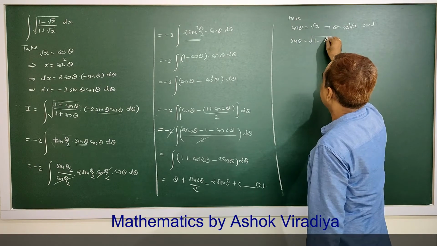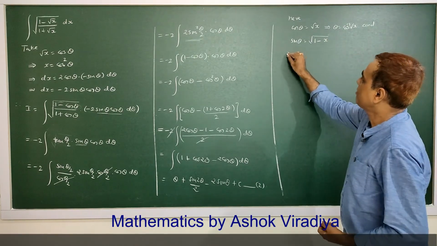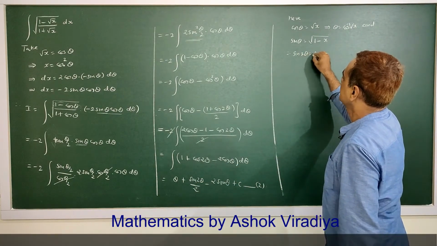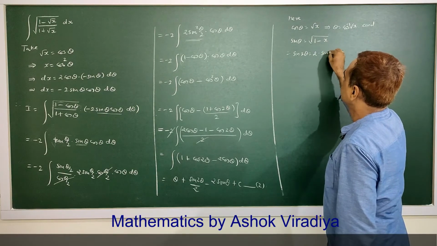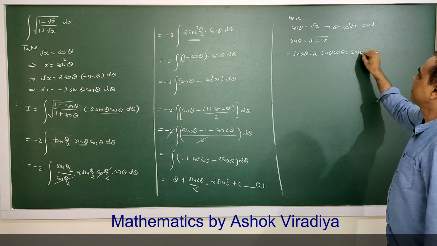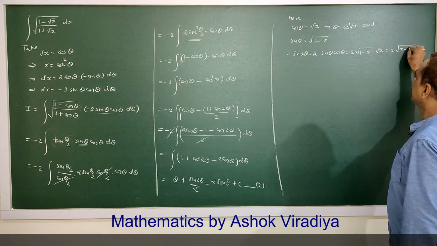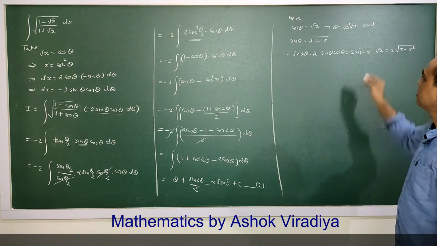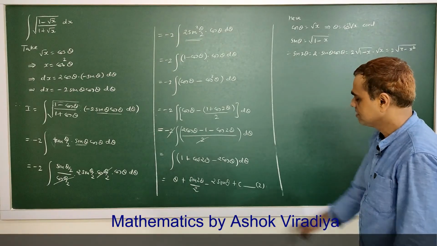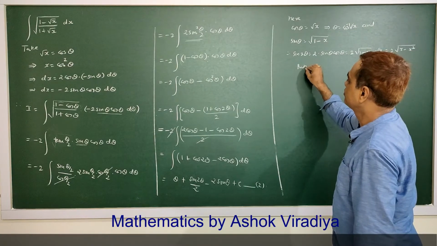Cos square is x, so that will be sin theta. Therefore sin 2 theta is 2 into sin theta into cos theta. So 2 into root 1 minus x into root x. So 2 into root x minus x square. So it is sin 2 theta, that we shall substitute here. Sin theta already found. So putting values into,